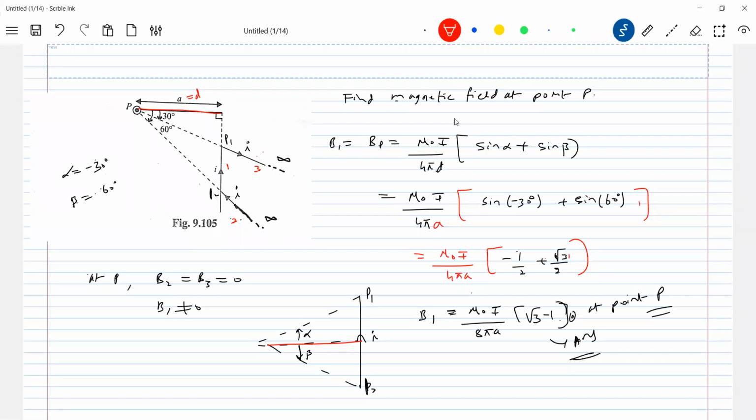Any angle below the reference line is beta. Any angle above the reference line is alpha. So what is alpha now? Alpha is measured below the reference line, so alpha should be negative. Okay, this one. There's a reference line. Based on that reference line, you can categorize what is alpha and beta.